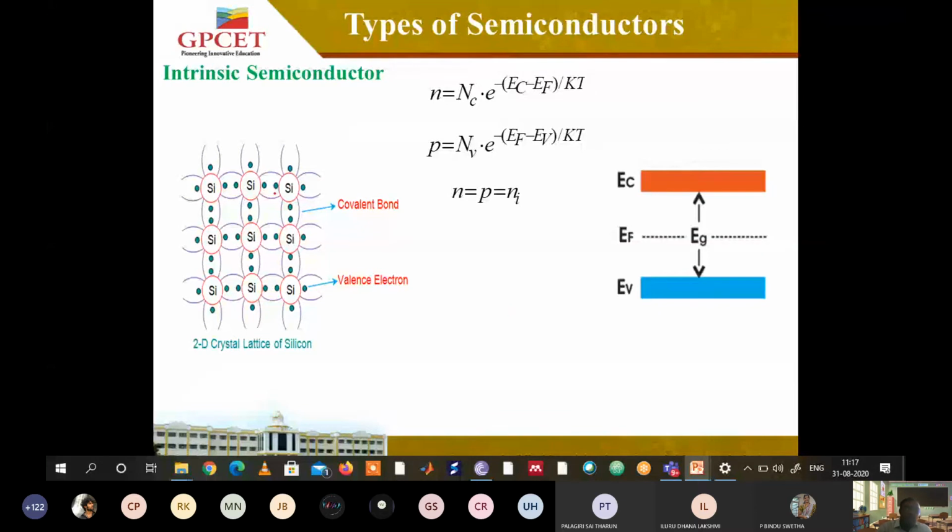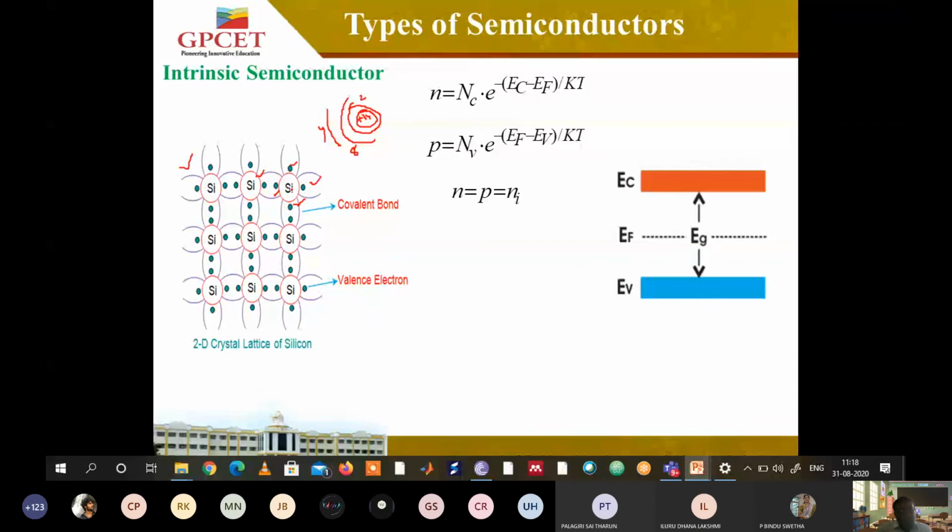You can observe here, take a silicon atom, because this is a pure semiconductor, silicon, or germanium also you can take. What are the outermost orbit electrons of a silicon atom? We have studied already, its atomic number is 14. The first orbit contains 2, the second orbit contains 8, the third orbit contains 4, because it's a tetravalent atom. So each silicon atom has 1, 2, 3 and 4 electrons in the outermost orbit. And this silicon atom also has 1, 2, 3, 4 electrons.